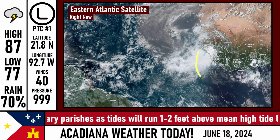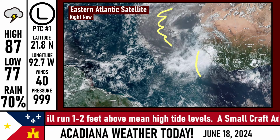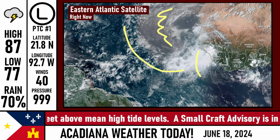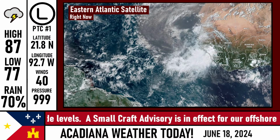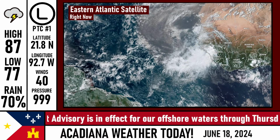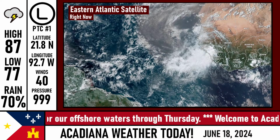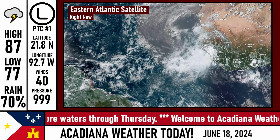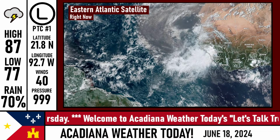Here's this next tropical wave coming off the African coast, which you can see up here. There's a whole bunch of Saharan dust and probably some dry air that's kind of encroaching here on the central part of the Atlantic. So even though this over here looks pretty robust as it's coming off the African coast, I have a feeling it's going to look more like that as it moves out into the middle part of the Atlantic Ocean. So there are other things out there, and there is the potential that we could see additional development